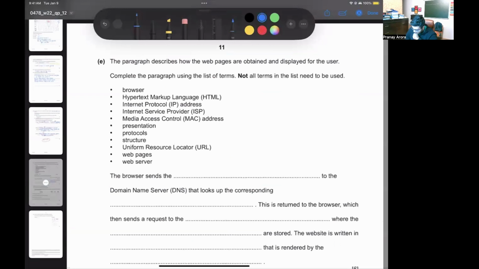The paragraph describes how web pages are obtained and displayed for the user. Complete the paragraph using the list of terms, right? So using all of these terms, we need to complete this paragraph and we cannot repeat any of the terms. So the browser sends the dash to the DNS. A browser cannot send the browser itself to the DNS. It cannot send the whole HTML language to the DNS. It cannot send the IP address to the DNS because